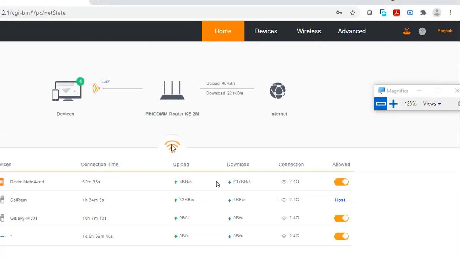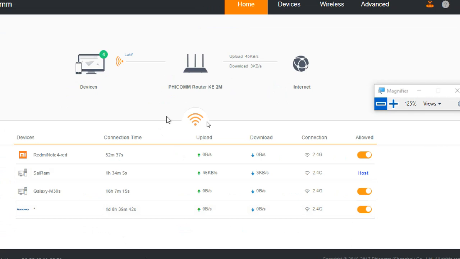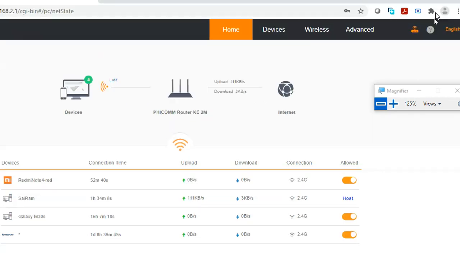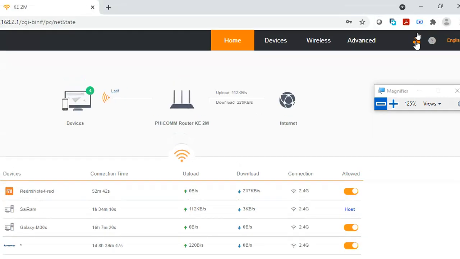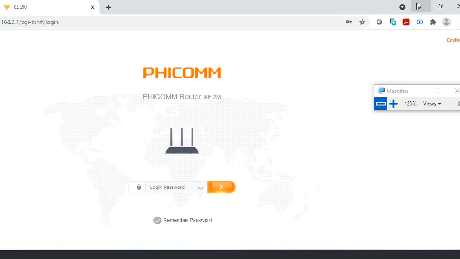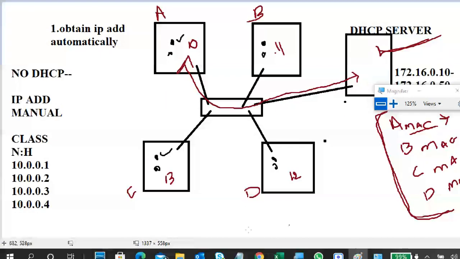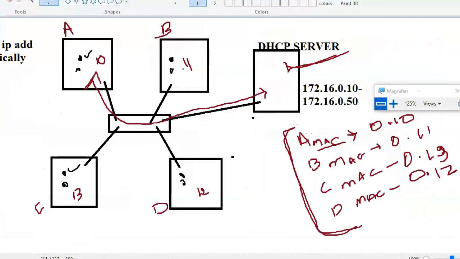My point is a very simple thing. A router or a DHCP server sometimes stores the previously allocated data. For example, last year I went to my hometown and came back after almost 45 days, having completely turned off my router and everything.